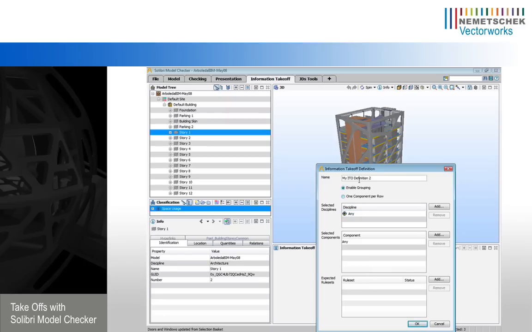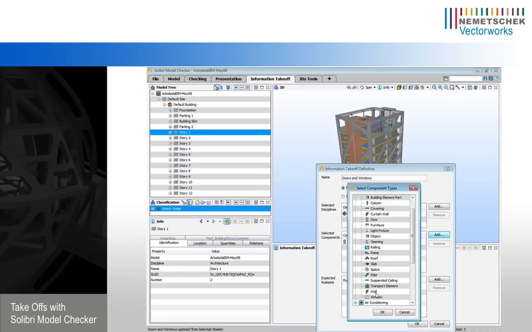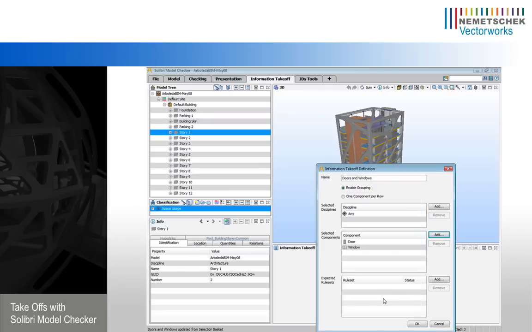Here we can basically name our takeoff, so in this case we'll call this doors and windows, so that's what we'll start with. We only have architecture, so we don't need to specify the discipline, but we do need to specify which components or component types we're interested in. So in this case, we want to include doors, and we want to include windows. Okay. Once we have this specified, we can hit OK